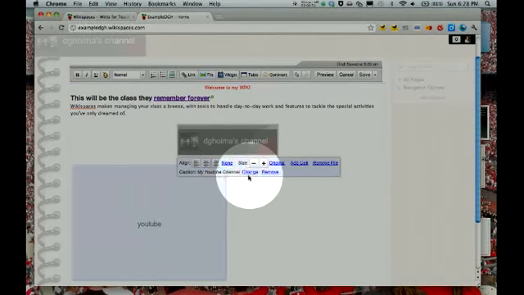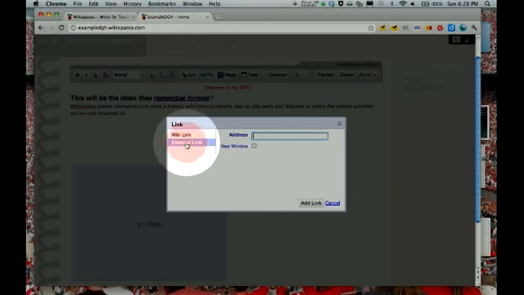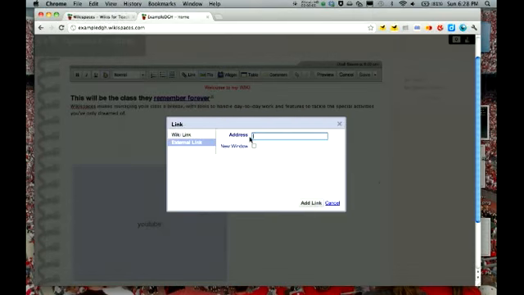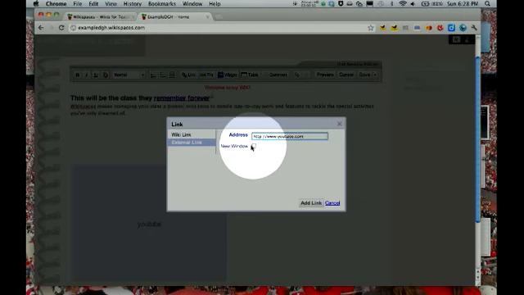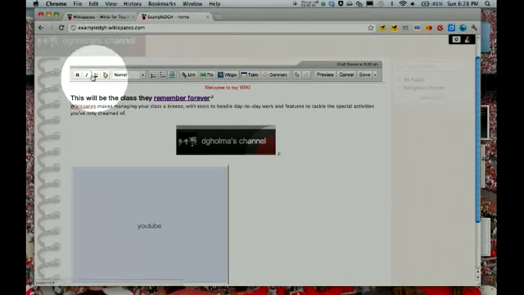Okay, you save that. You can also make a link, so I can actually link it to my, well, I don't know my address, so we're going to pretend like I know it. Again, I'll just link it to http://www.youtube.com. I usually click new window as well and add. All right, so quickly we've added text, we've added a link, we've added an image, and now we've added a